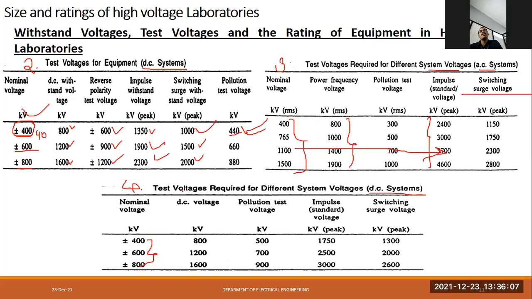Again, I'm repeating, these values are in kilovolts, and somewhere they are RMS values, somewhere peak values. Whenever we think about the instantaneous values at a particular instant, at that time you should consider the RMS value, and for an impulse, it has a maximum value for an instant, that means a peak value. So again, switching surges are around 2 to 3 times the nominal voltages.